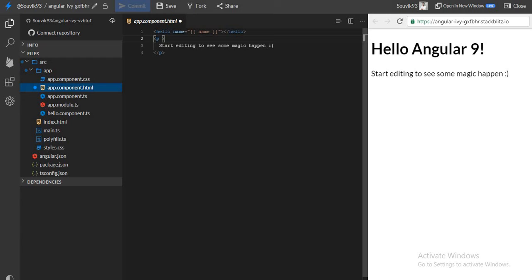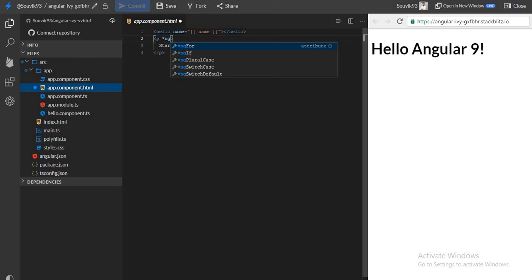Whenever you use ngIf, it will remove the particular tag from your DOM if it is not satisfying the ngIf condition, and if it satisfies the condition, it will add it again. So this is an example of a structural directive. And the last type of directive is the component. A component is a kind of directive, but it has its own template, its own HTML, its own view. In the case of structural and attribute directives, they don't have any view or any template.